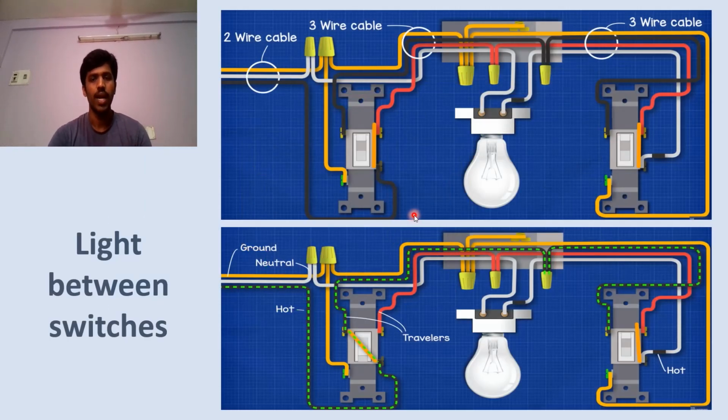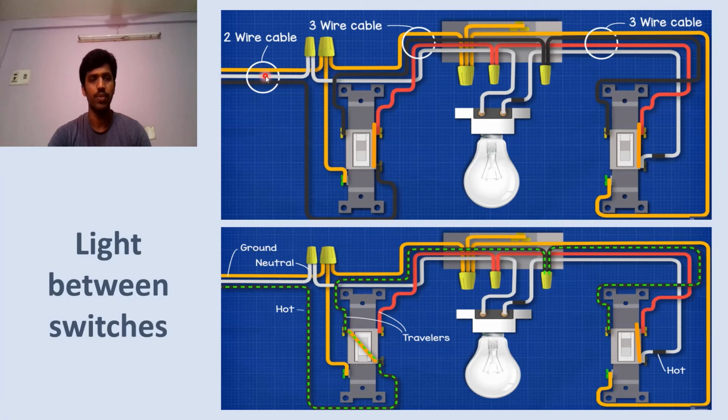What if the light is present between the two switches? Then the connection will look like in the first figure. Here the hot wire is given to the common terminal of switch 1, and the right traveler terminal of switch 1 is given to the right traveler terminal of switch 2, and the left traveler terminal of switch 1 is given to the left traveler terminal of switch 2. And this